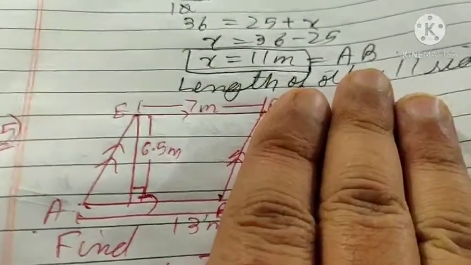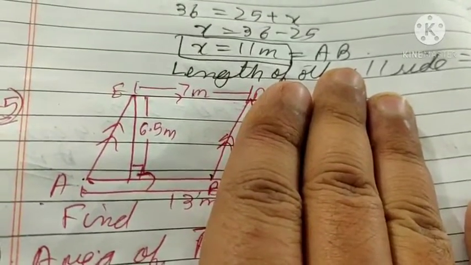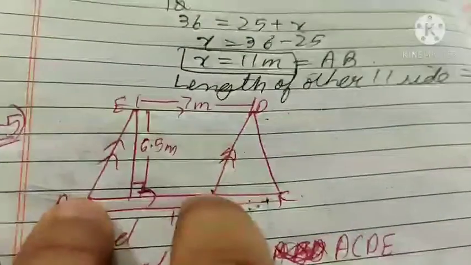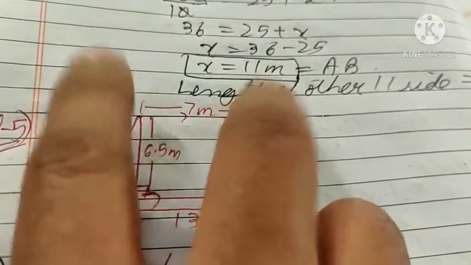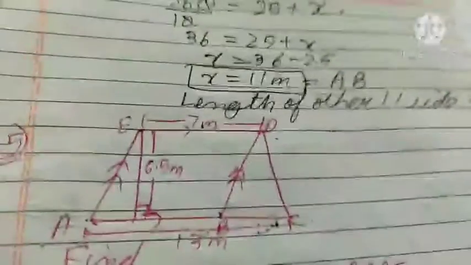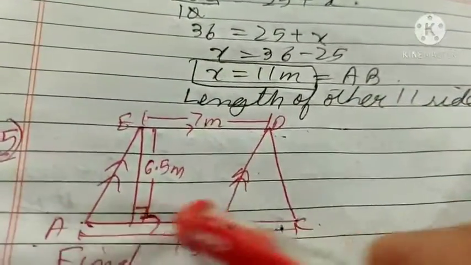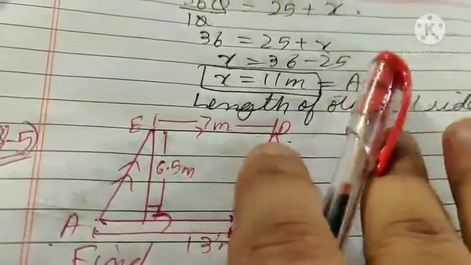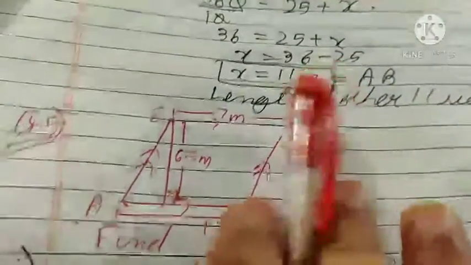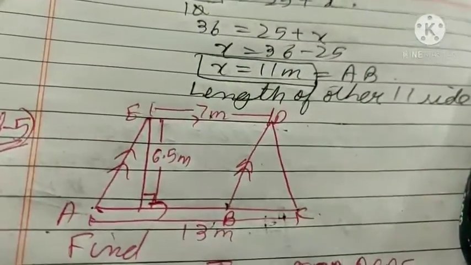So in this, what have we always done? Base into height. Here the base is this or this. The height is this 6.5. This is our height, 6.5. This is base up to AB, not this AC, only till B. And this is ED. Look, this ED is always equal to AB.